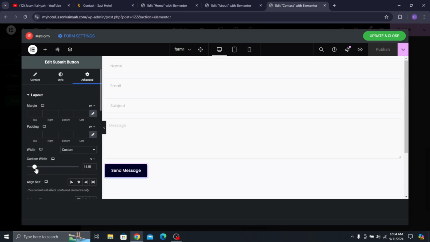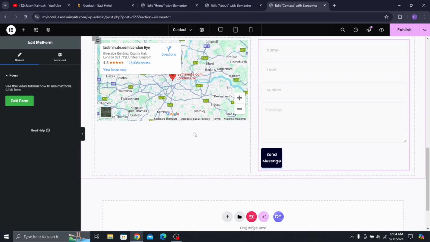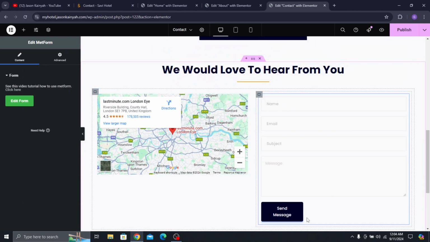All right, then you can just increase the custom width, so increase it a bit more to maybe 29 or something. Then click on update and close. If it still appears like that, all you have to do is keep increasing the width, and it's going to change. Okay, I can't do that right now because the video is getting too long, but that's how you would